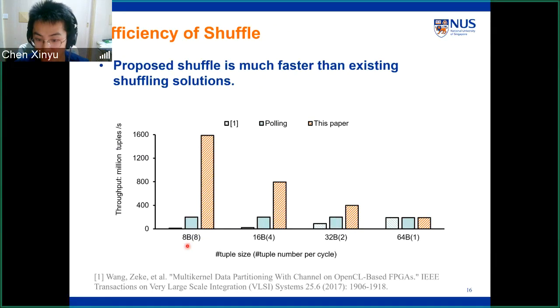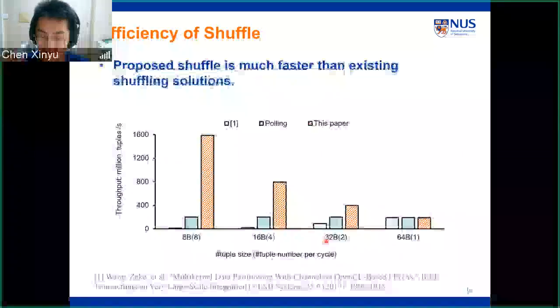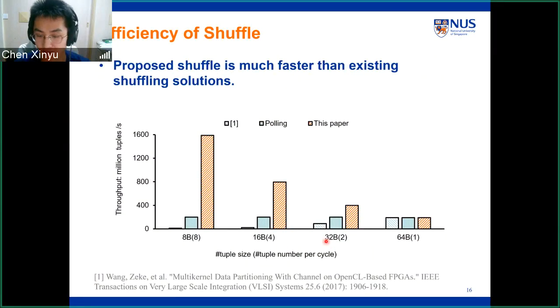When the tuple size is very small, our memory interface can read multiple data per cycle. In this case, the throughput is more critical, so we can deliver a higher throughput here. The worst case is that the tuple is very big. If you can only read one tuple per cycle, then there is no difference among the 3 methods, right? But actually, this is usually not the case for graph processing, because an edge is only 2 integers, so the memory interface can read multiple data per cycle, not only one. This is the way to fully utilize the memory bandwidth.